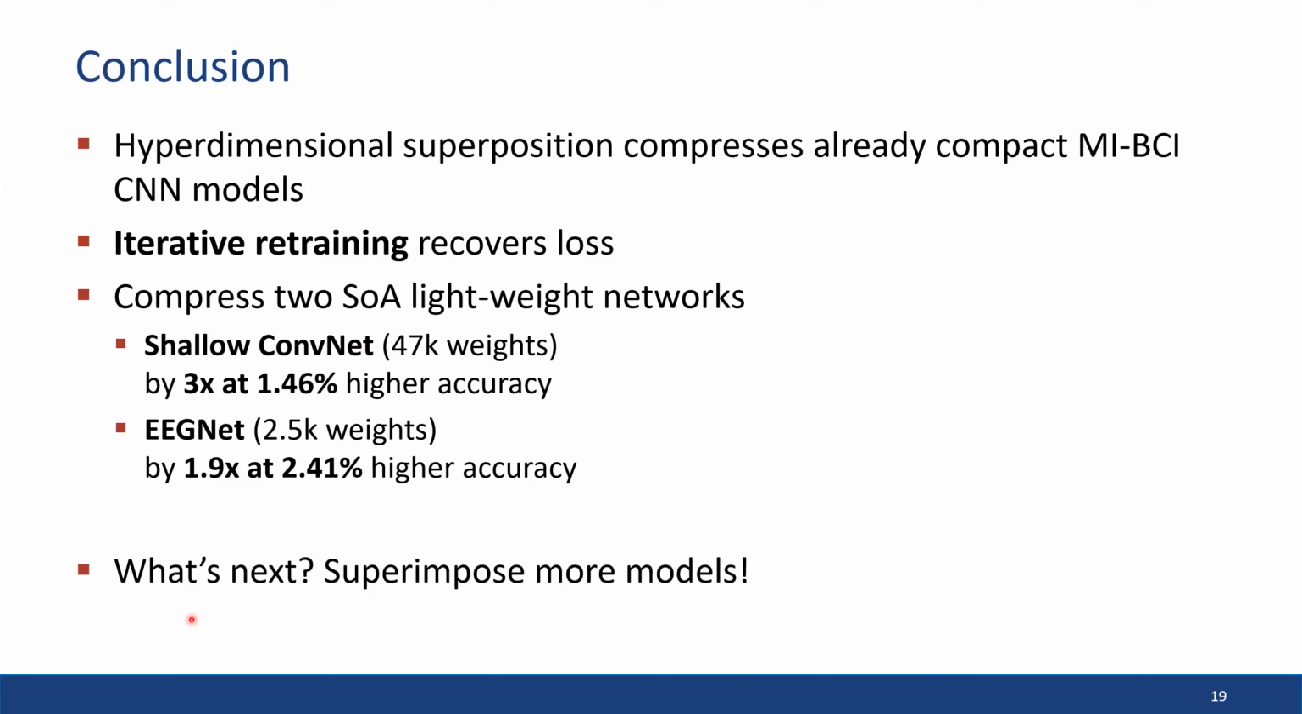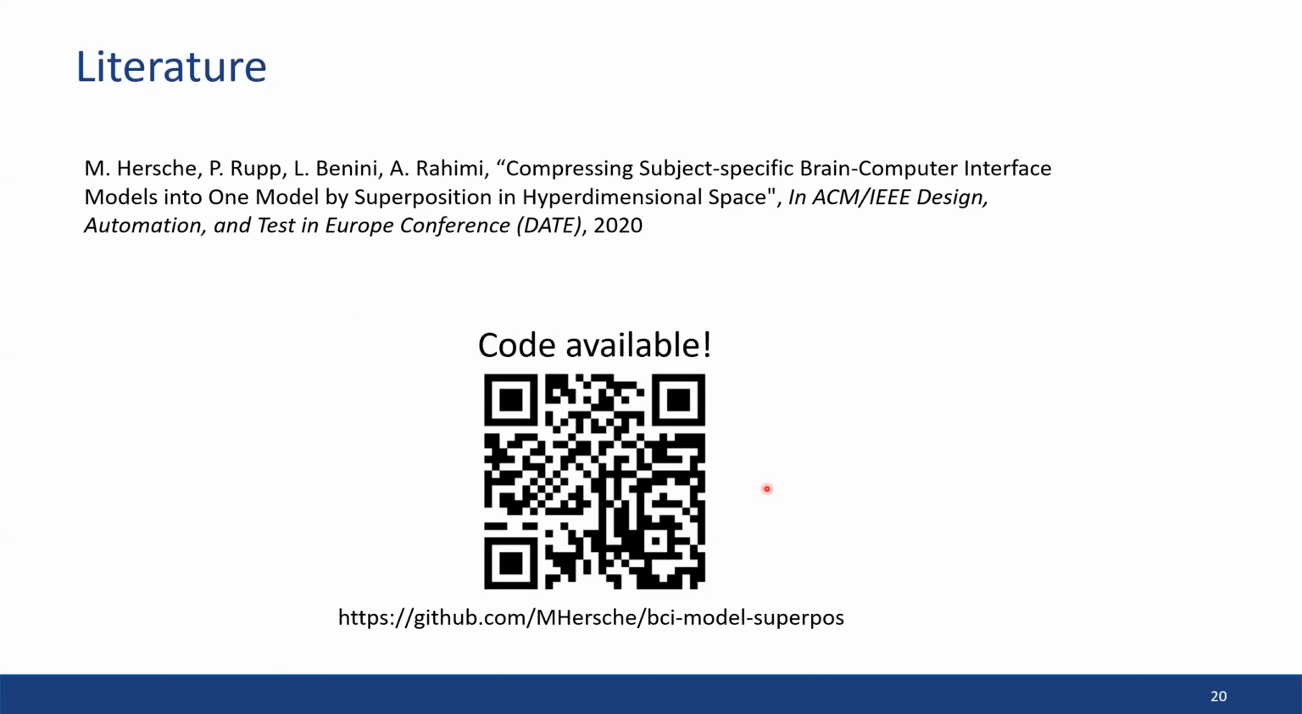So what's next? We've seen that we are indeed able to compress these networks, but what we are eventually, of course, interested in is when this will degrade. So we will try to superimpose more models, and for that we can use larger datasets which are actually available. There, for example, is PhysioNet with more than 100 subjects, which we can use for this superposition in hyperdimensional space. If you are interested in this work, you can look at the paper which we presented at DATE,